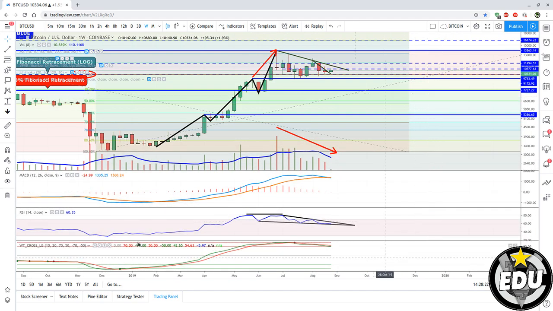And then the WT cross indicator, it's a good one. I love it, especially when it makes two crosses at the oversold and overbought level. You guys can see here the dot when the cross happened coincides with the bottom also. So here there was a bearish cross, and I've